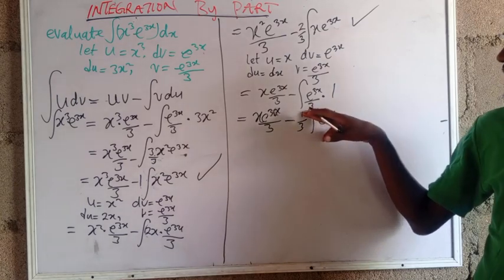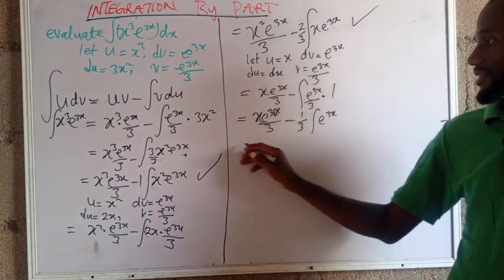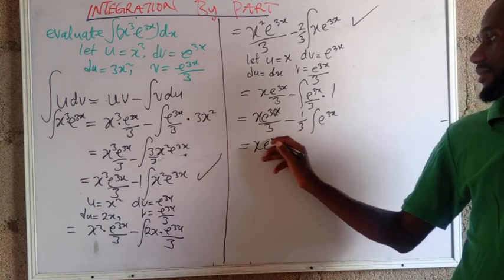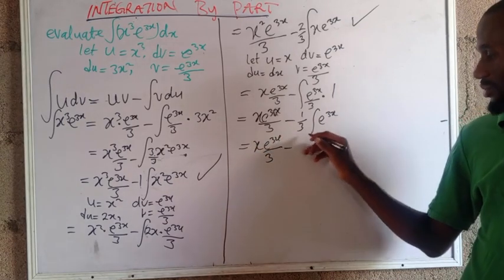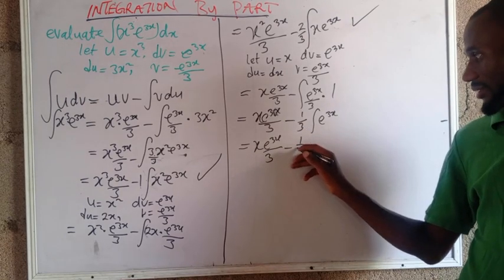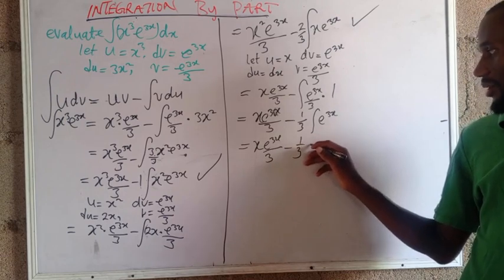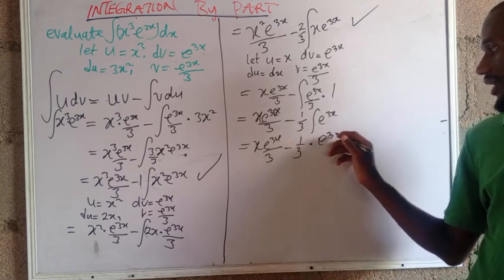Then you factor 1 over 3 outside. Then once you integrate this, you integrate exponential 3x all over 3 minus 1 all over 3 here. Here you have 1 all over 3. You integrate this, you will have multiplied by exponential 3x